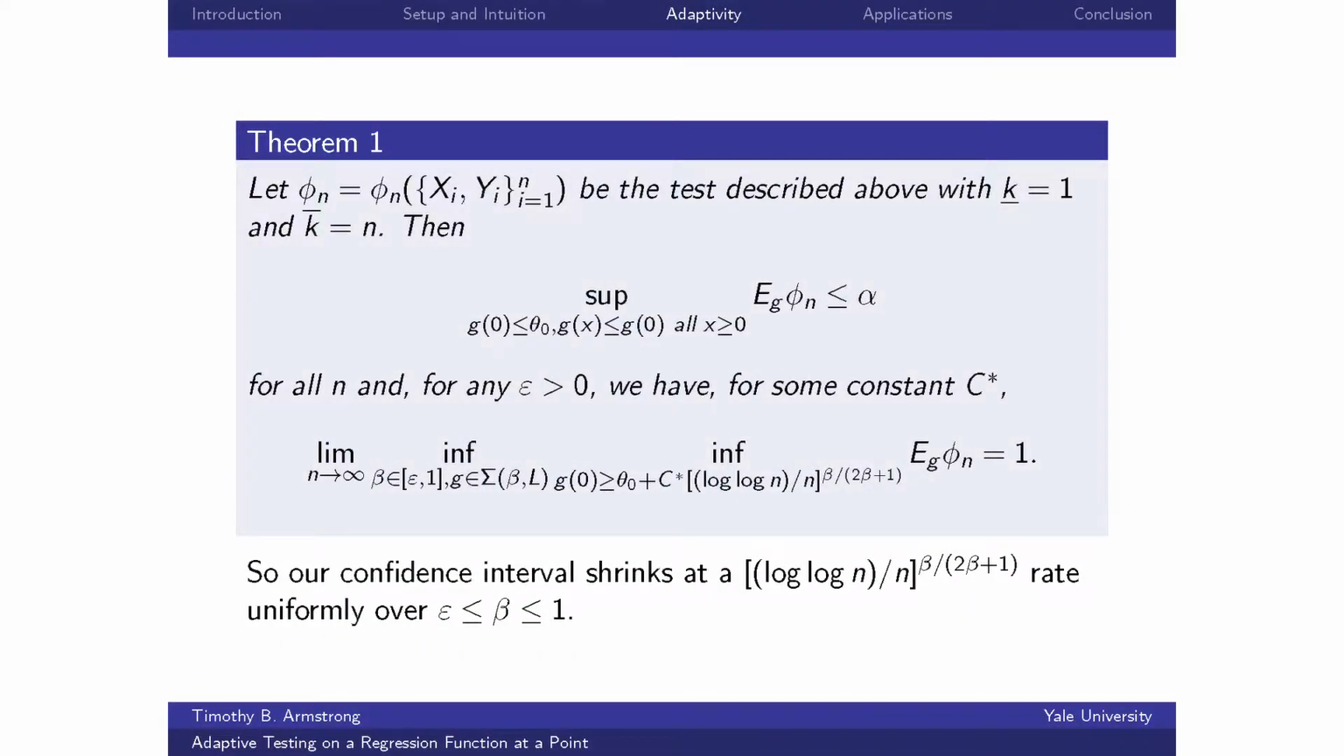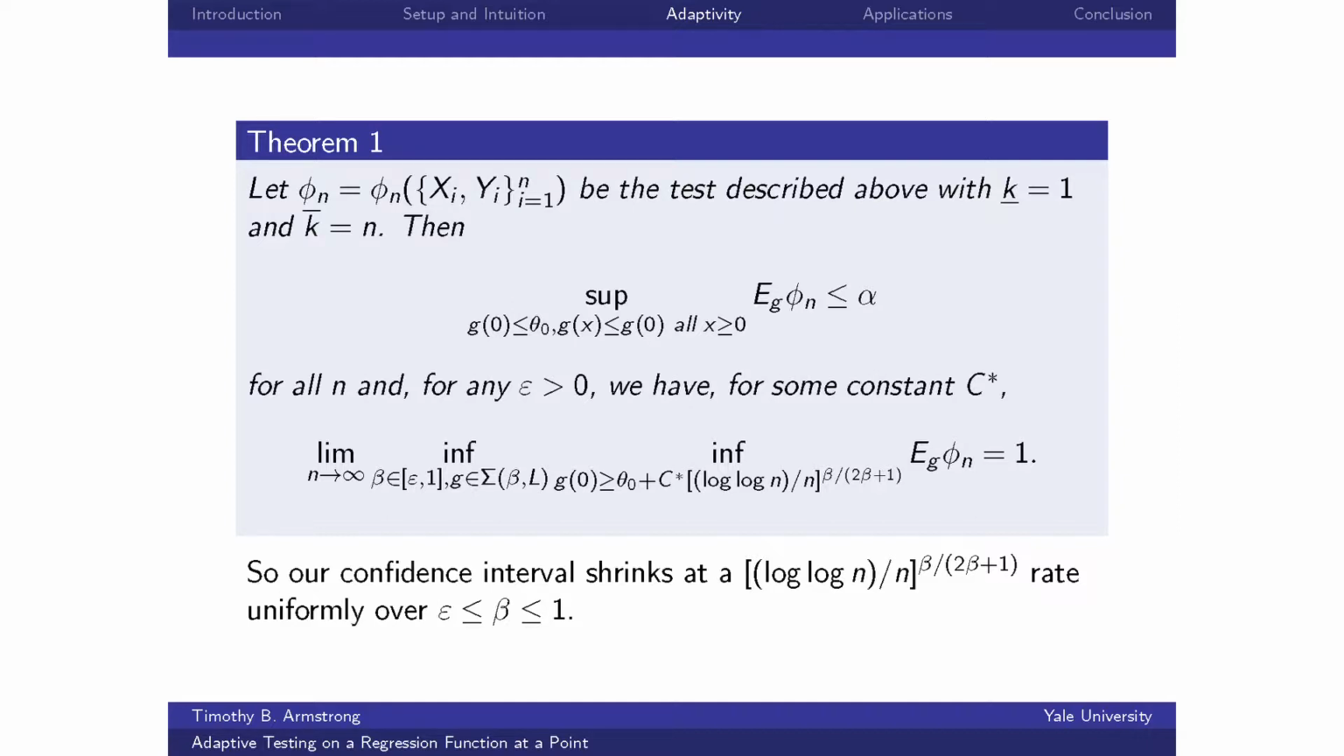OK, so the first result is that you take the test above. Just for concreteness, take k lower bar equal to 1 and k upper bar equal to n. The first display here is what I already told you, that for any n, this has correct size. The second display is that if we take any epsilon greater than 0, so any range of beta from epsilon to 1, and we consider these smoothness classes for those betas in that range,